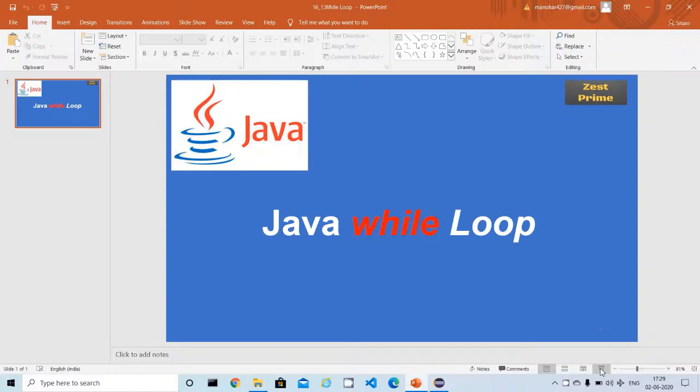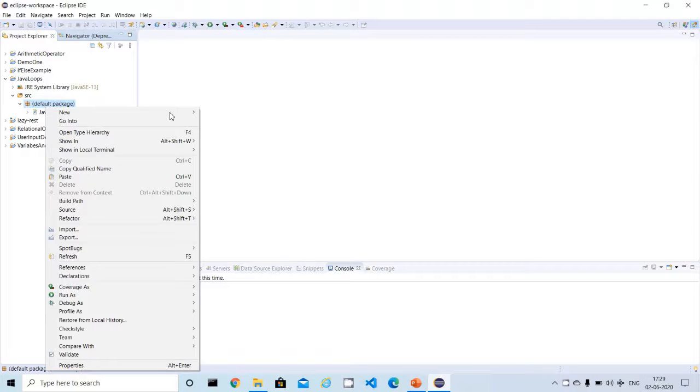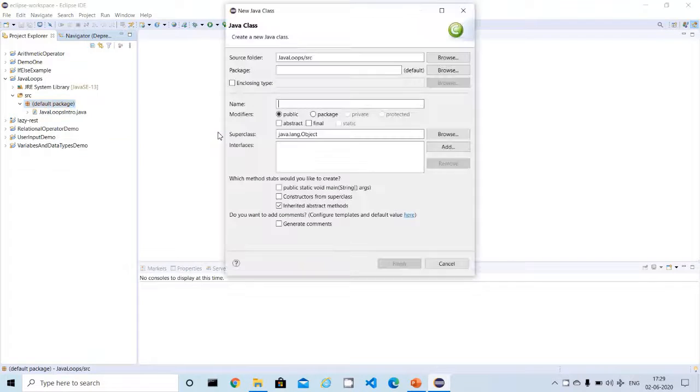Okay, let me open my Eclipse. This is my Eclipse and this is the Java loops project created as part of the previous demo. Inside this I'm going to create a new class called WhileLoopDemo.